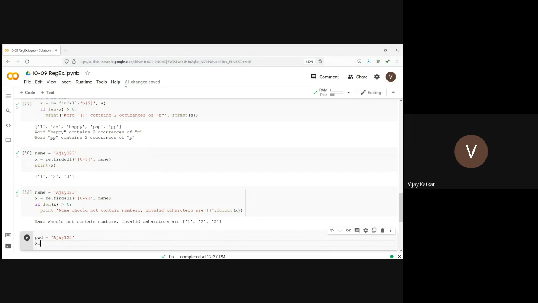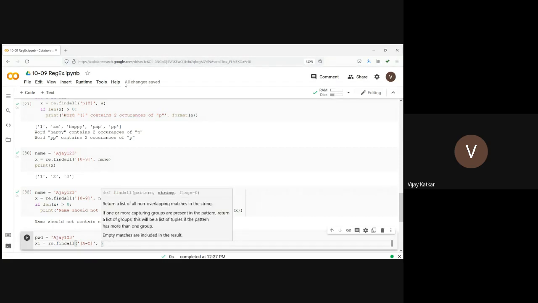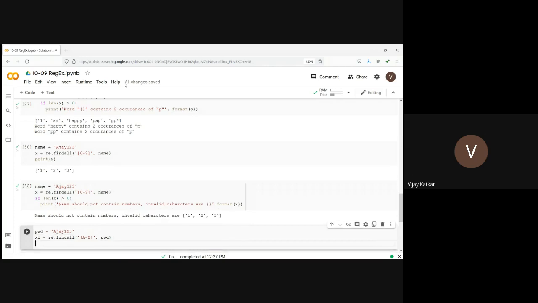So here can I write something like this? x1 is equal to re dot findall capital A to capital Z. See, I'm not saying this is the best way. There are other ways also, and we will see those ways shortly. Don't worry.